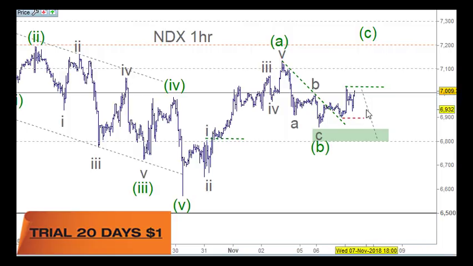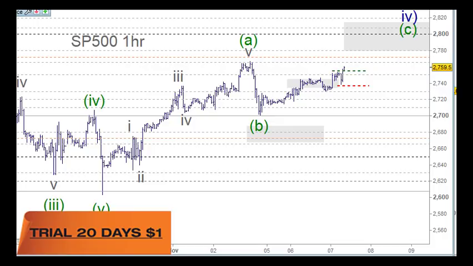So this has sort of done its correction back to this point here, where the SP 500 has kind of lagged on its pullback here. I mean, it's pulled back sharply. Let's have a look. In this case here, from the low here, we can count the 5 waves up here, and we're looking for an A wave, a B wave into this space, and a C wave back into this space here. But it's moved above its 61.8% retracement level,